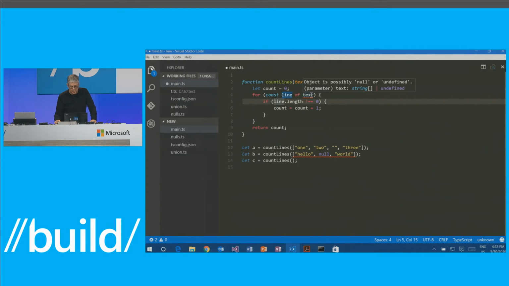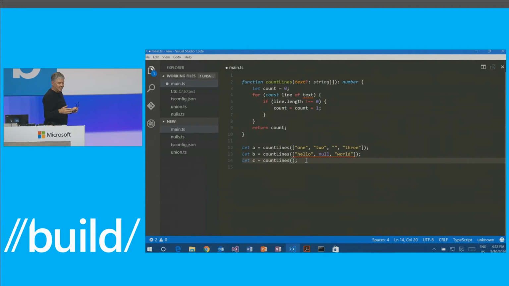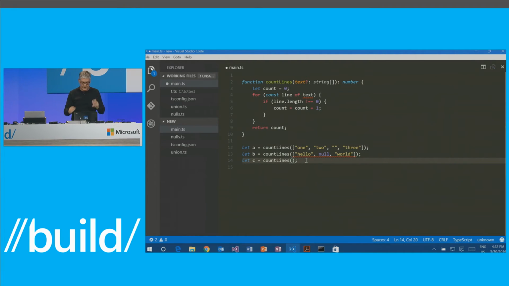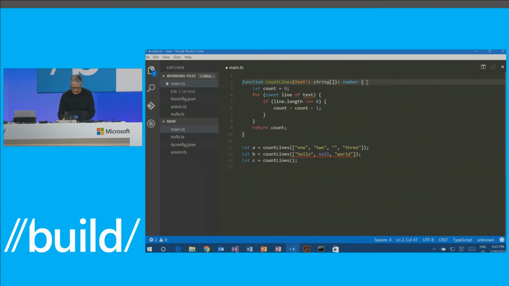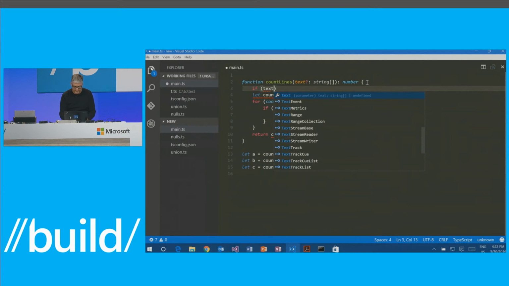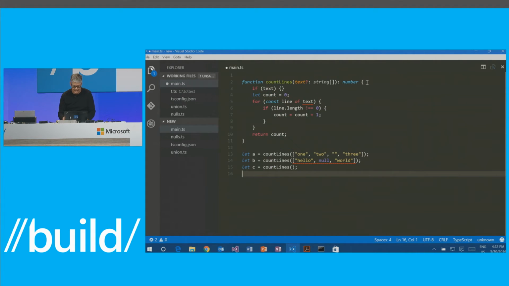Now, here's a similar one. Well, not similar, but it's the fact that, because text is an optional parameter, and because down here we could call this method and not pass it anything, that means that we could get the value undefined at this point. And we need to guard against that. Now, one way we might guard against it is, let's just put it all in an if statement, and say, if text, then do all this stuff. And let's indent all of this.